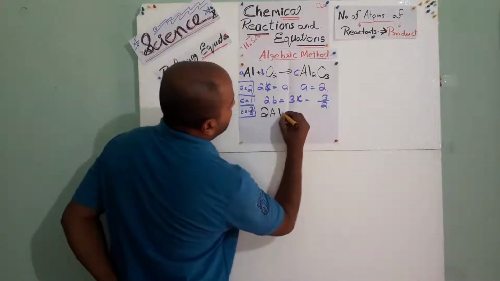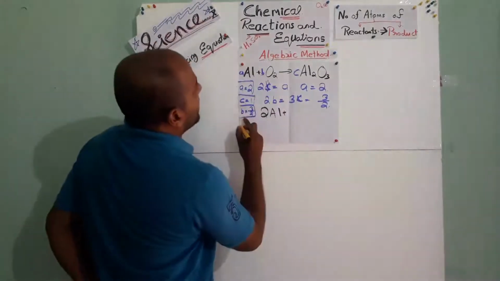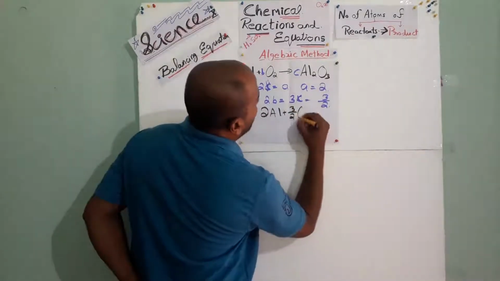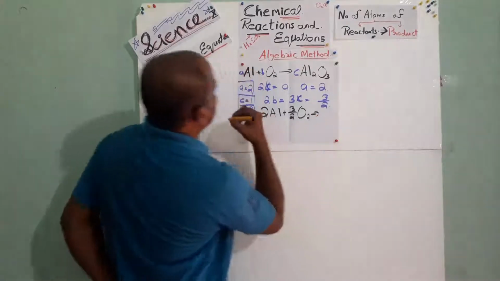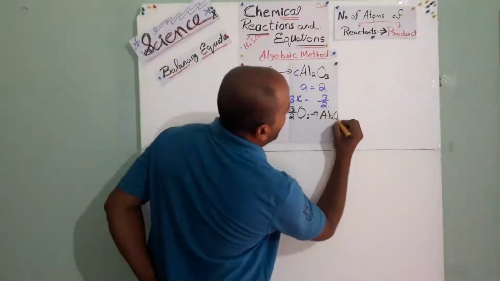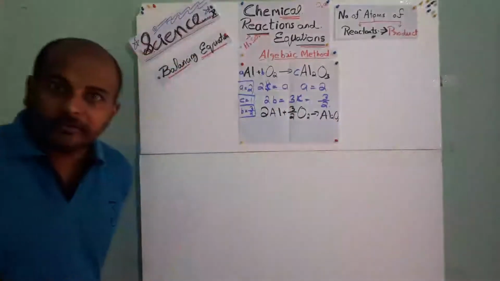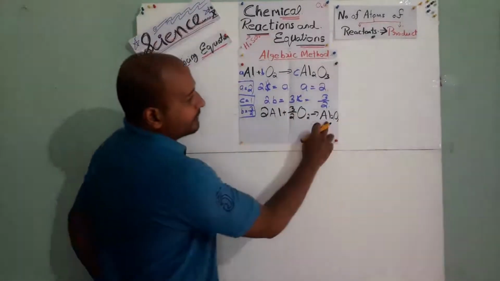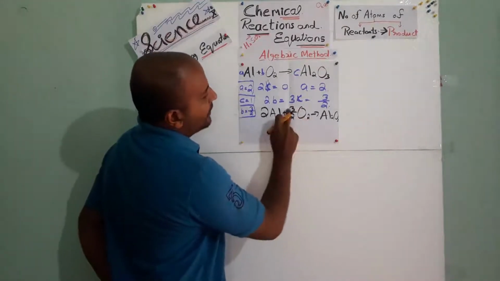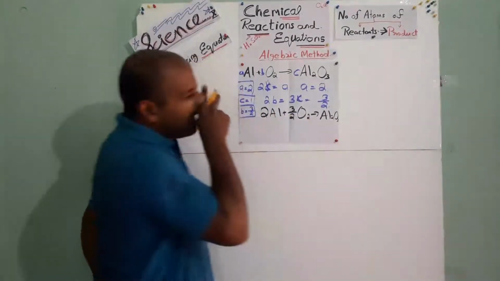2Al plus B is 3 by 2 O2 will give C is 1 Al2O3. Al2O3. Balanced or not? Let's see here. 2 Al. Oxygen is 2 into 3 by 2, but